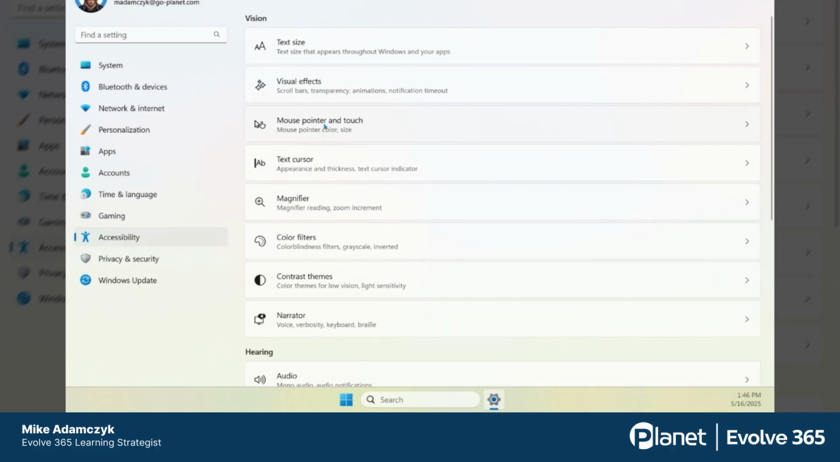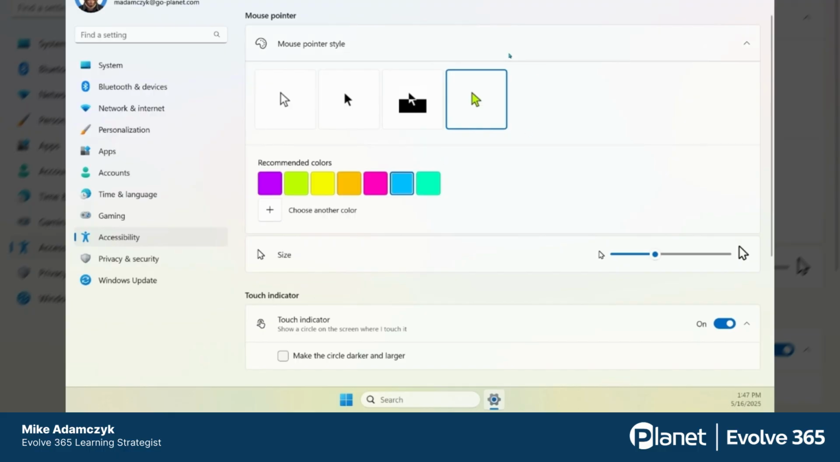Next, we'll open our mouse pointer and touch settings. Here, I like to select a color for my mouse pointer to make it easier to see. I also increase the size of my pointer so I don't lose it as easily. If you don't like a large pointer but still don't want to lose sight of it, we can scroll down